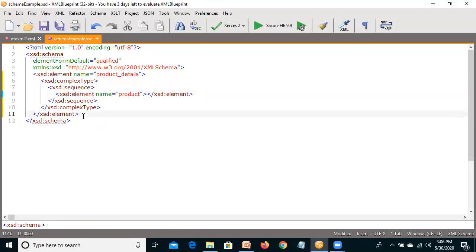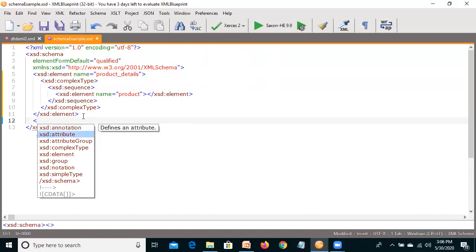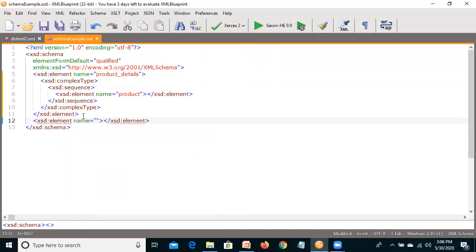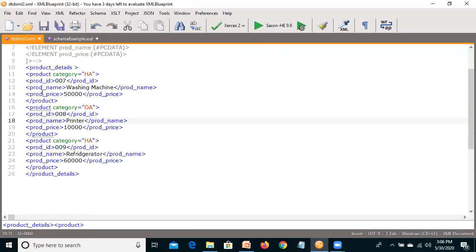Next, we're going to describe product. So we'll take again an element. Name is product. What kind of element is it? It is again a complex type because product contains three other elements.